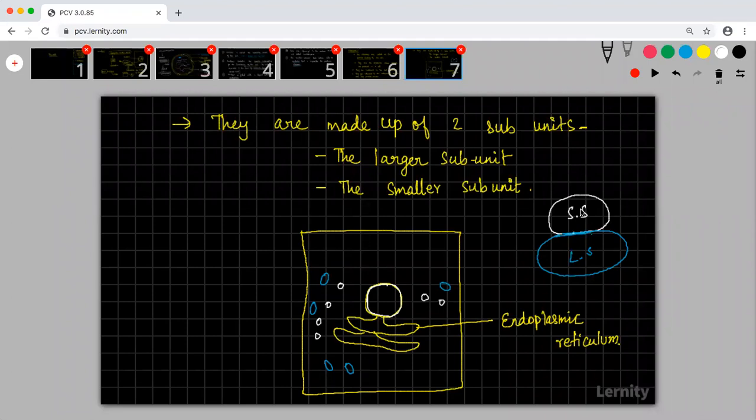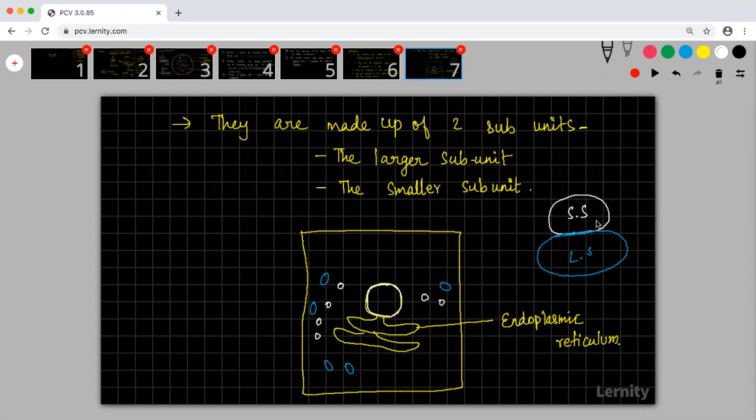Almost, you imagine that it is like a mixie and a jar separately. How do you see a mixie and a jar in your house? Are they kept together always, or are they separate always? You will see that they are always separate. You will keep a mixie at one place and the jar at another. Whenever you want to grind something, you take the jar, put the materials inside it, attach it to the mixie, and mix it up. After the mixing is over, you separate them again. In the same way, this larger subunit and the smaller subunit will be separate.